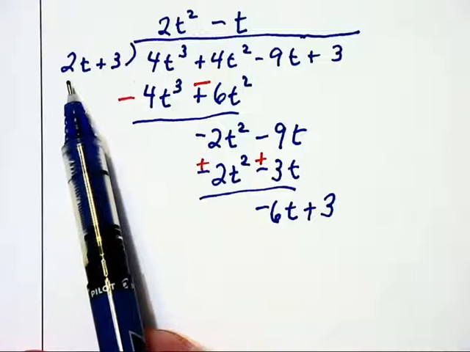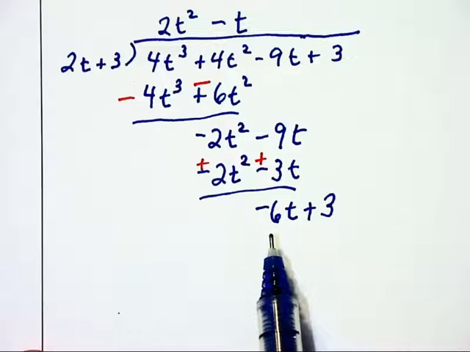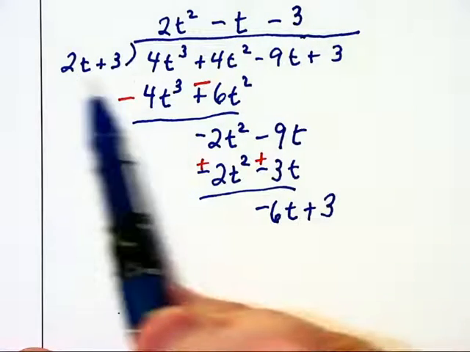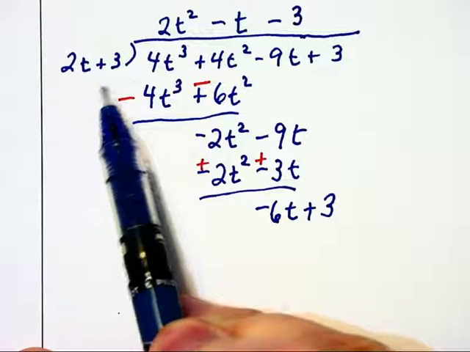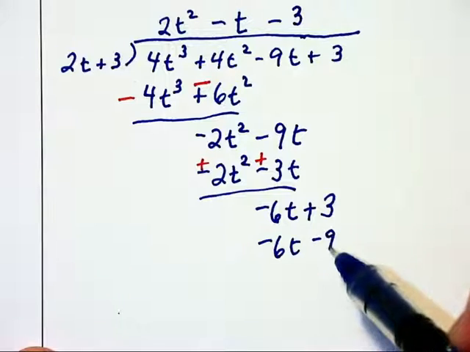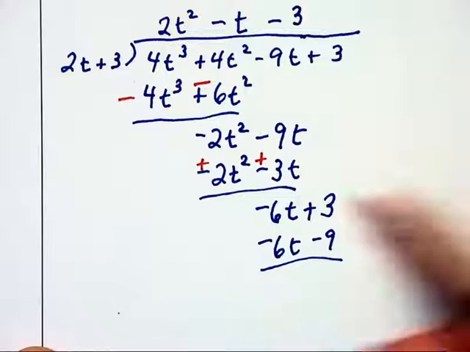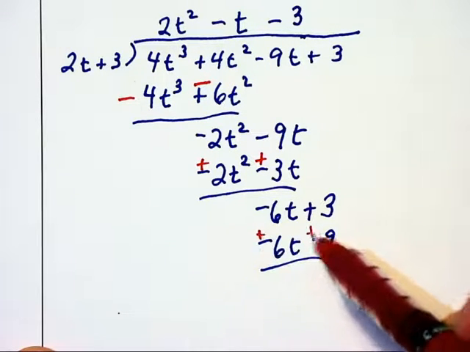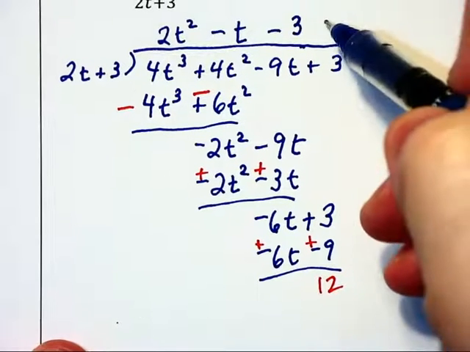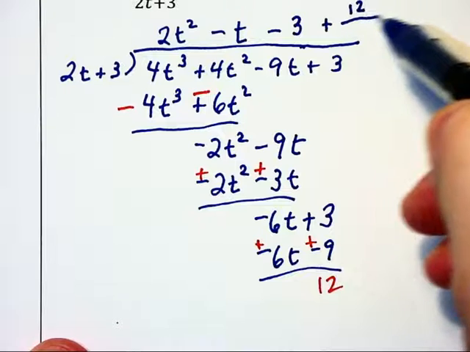We ask again, 2t out front times what makes this negative 6t? And the answer is minus 3. So negative 3 gets multiplied by each term inside over there at the left, making negative 6t minus 9. And adding the opposite, we have 12 as the remainder, and so we would say plus 12 over our divisor